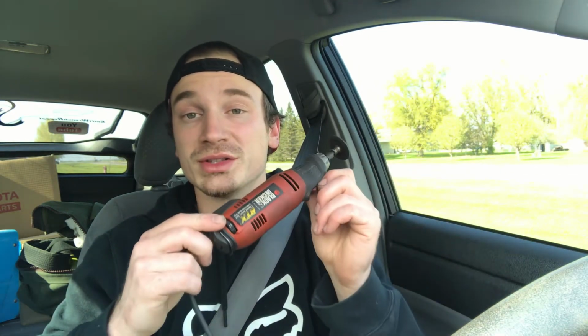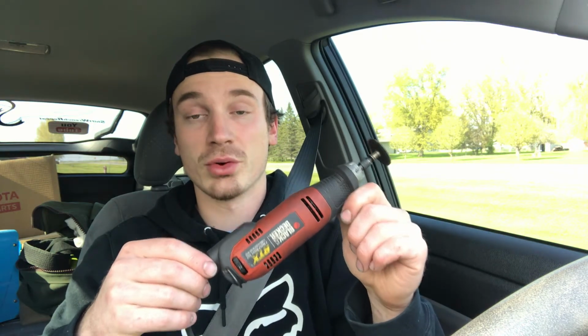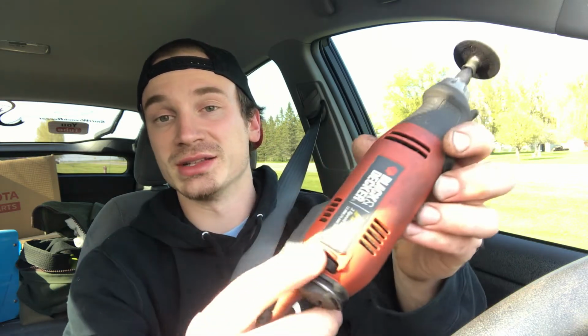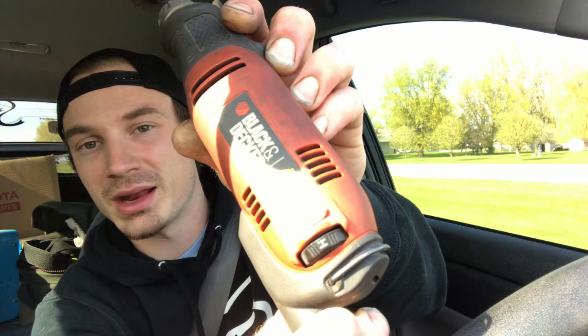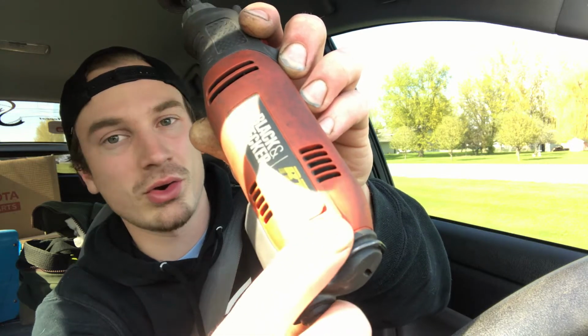This, however, the quality is fantastic. It's significantly cheaper than a lot of the Dremel brand rotary tools in the same segment. Now, my favorite thing about this tool is it has a variable speed right here. So you got low, medium, and high. Now it's not till you get right to the letter. It's varied all the way around this dial, which is very nice, and it does get really,